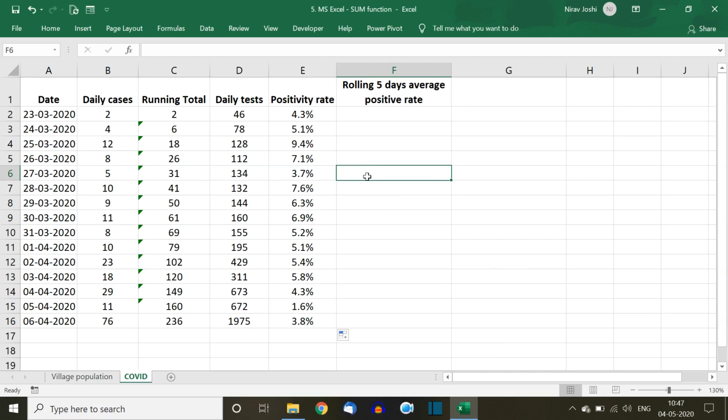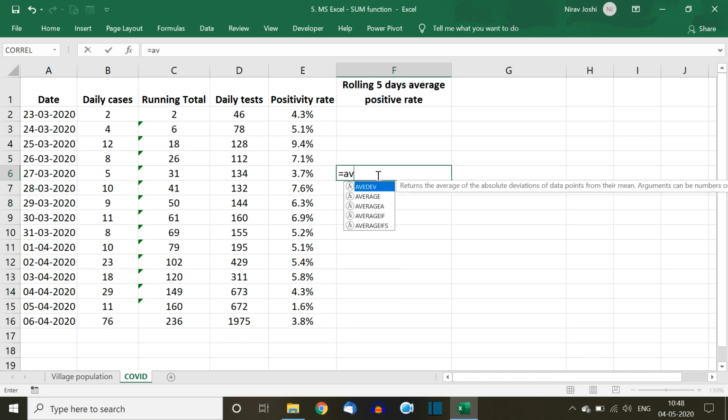Now to calculate the rolling 5 days average, we cannot simply take average of these 5 days positivity rate, because it will be technically wrong. If we take just 5 days average, it would be different from the actual 5 days rolling average.